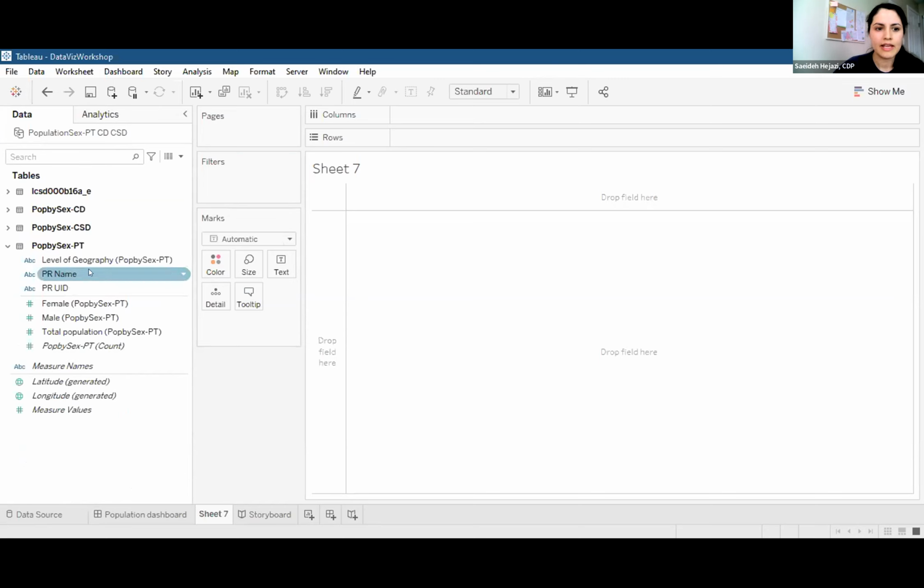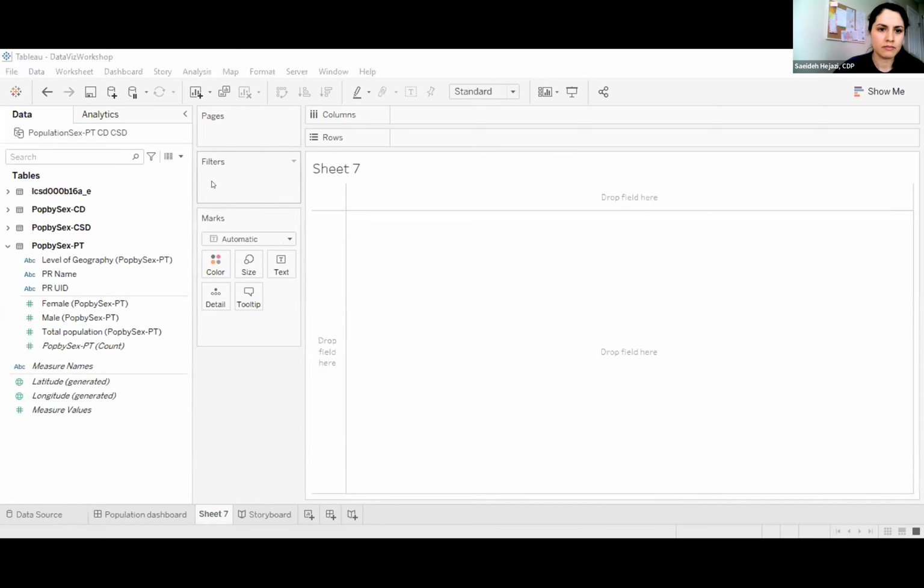As Jamie explained, there are dimensions and measures: the qualitative, the dimensions, the names, the geography, and quantitative data, which is the population, numbers. And on the right side, we have the view, we have the filters, shelves, we have columns, rows, and marks card. So I will show you the usage of each